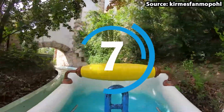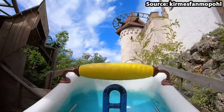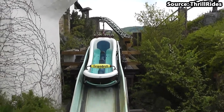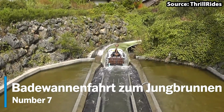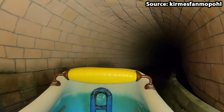Did Waschzuber-Rafting not get you wet enough? Well, if so, then you must take a ride on our number 7 spot, and I apologise for our pronunciation, as trust me when I say it will sure do the trick, with as soon as you have boarded the